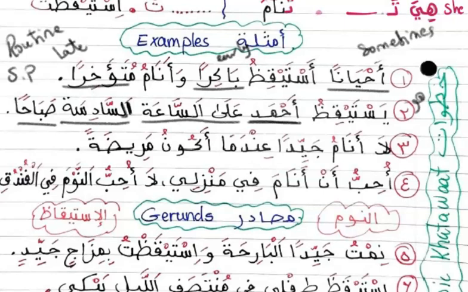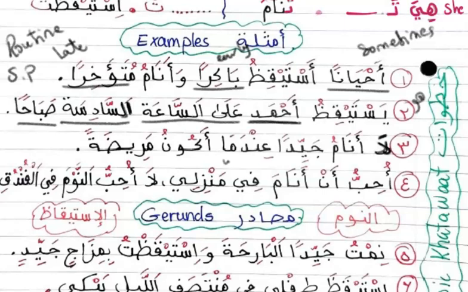Right here, we are using the negation. Again, you learn the simple present, you learn the past, but you need to know how to place the negation if you want to say, I don't sleep well, or I don't sleep late, or I don't sleep early. لا أنام جيدا. لا أنام. The negation of I don't in the simple present is only لا. That's all you use. You use nothing but لا. We don't use ليس. We only use لا. لا أنام جيدا. I don't sleep well when.